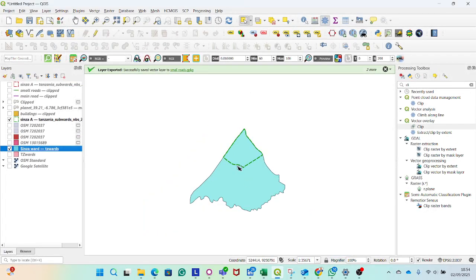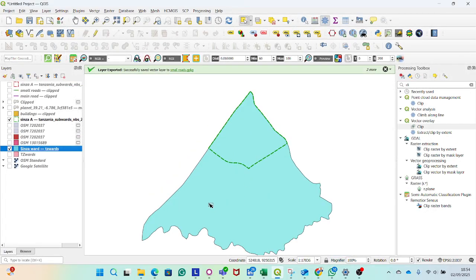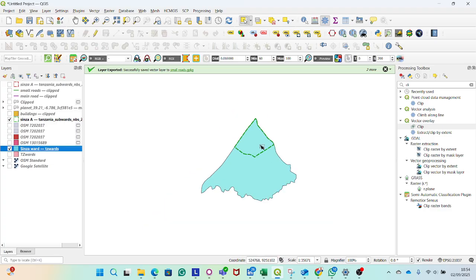So here is my Sinza ward. So I have Sinza ward and Sinza A subward. With that, this will be my